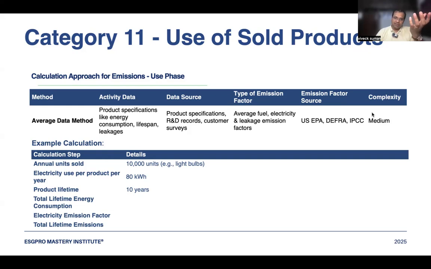Now he has produced something which the consumer is using. Is the consumer using it because the company has manufactured it? Or is the consumption happening because the consumer wanted to consume it? Then why should the company be responsible for this emission? Is it not the opposite? The consumer wanted to consume it, that's why he's using it 10,000 times. And even though he's doing it for 10,000 times or 10 years, why should I take all the next 10-year emission